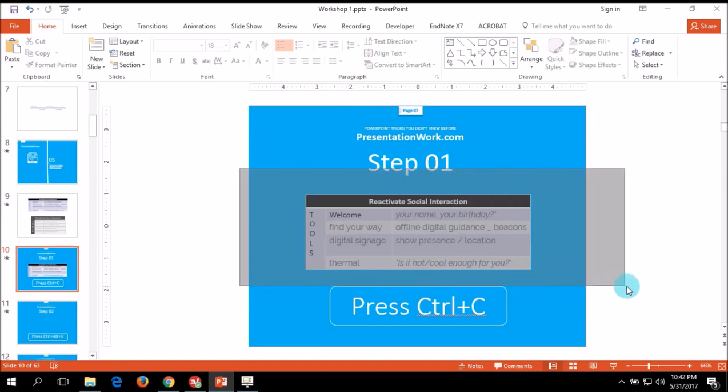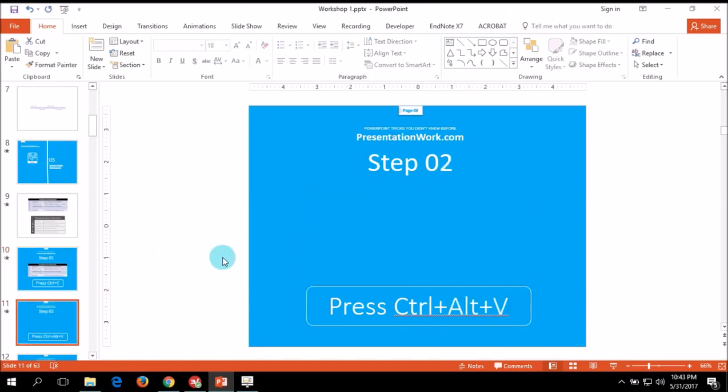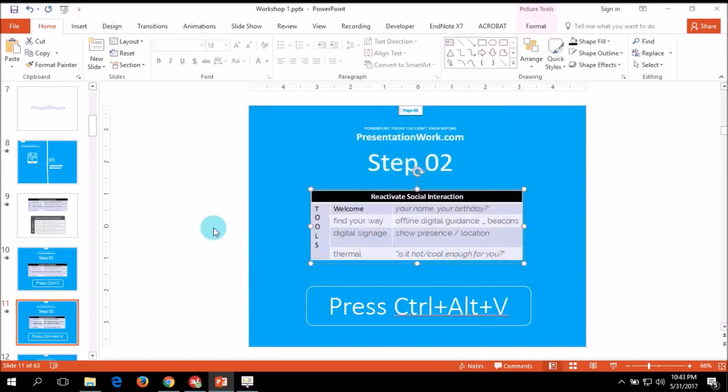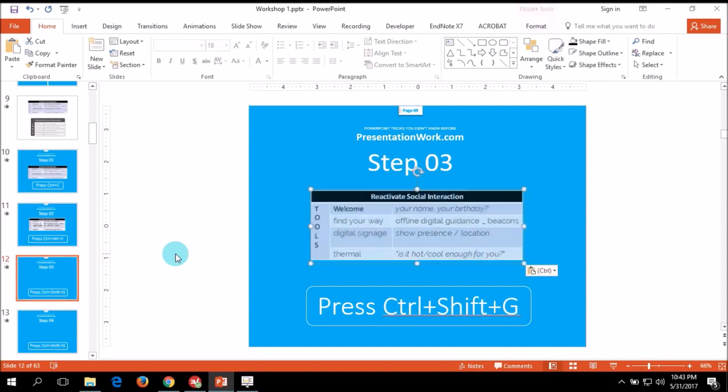So the first step, which is step 1, is to select this table, press Ctrl plus C to copy it, and then you have to press Ctrl Alt and V to paste it in paste special mode. From here you can select the picture enhanced metafile option, click OK, and you'll see that it's pasted. And the next step would be to press